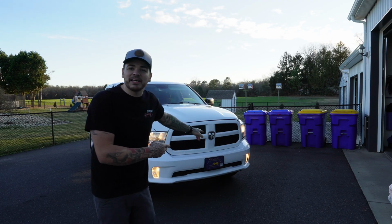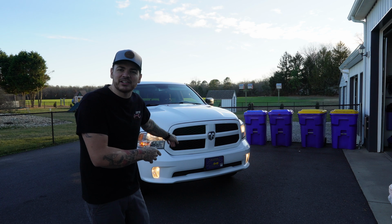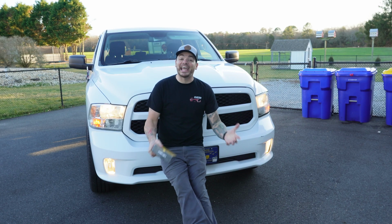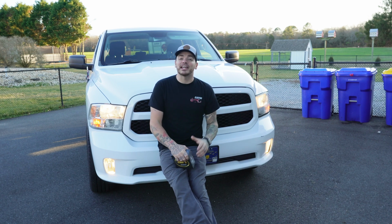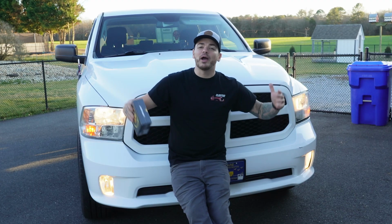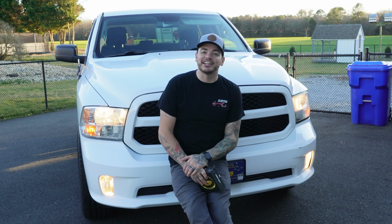All right, so behind me, guys, you can see this is a 2015 Ram 1500. And the problem that he runs into all the time is he can't see anything. Well, the headlights that came on this truck are just pretty much terrible from the factory. Don't worry, we're gonna get this taken care of for him. I reached out to my friends over at Auxito and they hooked us up big time with a brand new set of LED headlights. So today, I'm gonna show you how easy it is to change the headlights on your